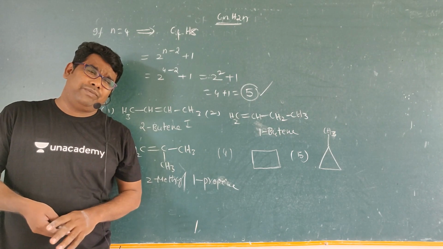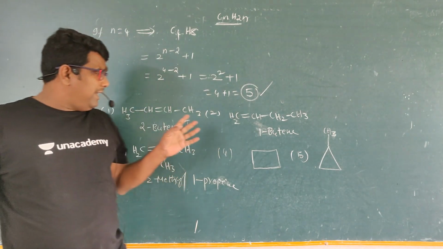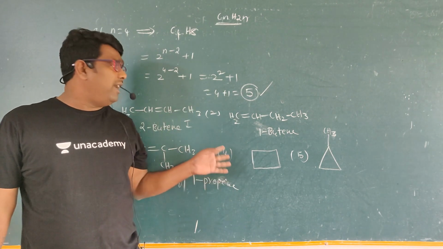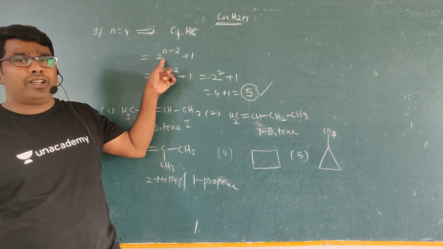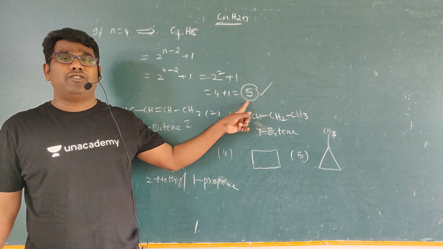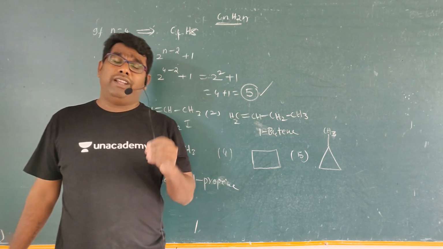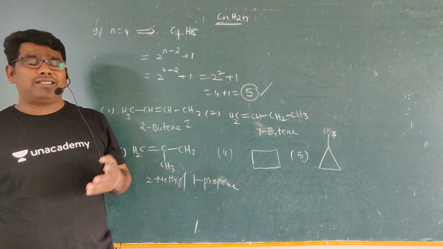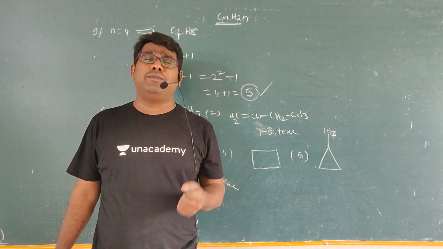5 isomers. So these are very, very important, my dear student, because in the examination, writing the structures and finding isomers is a time-wasting process. By using this simple trick, you can easily find out how many isomers. In the examination, saving time is the most important, my dear student, because you must solve a problem within 1 minute. That is the most important.